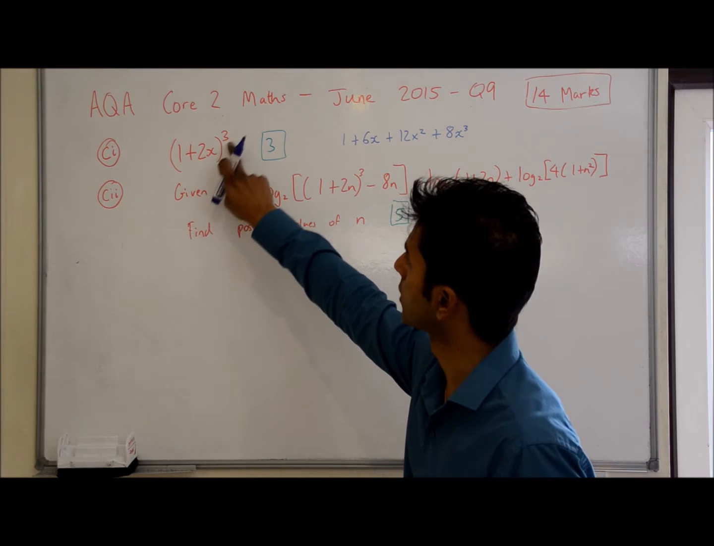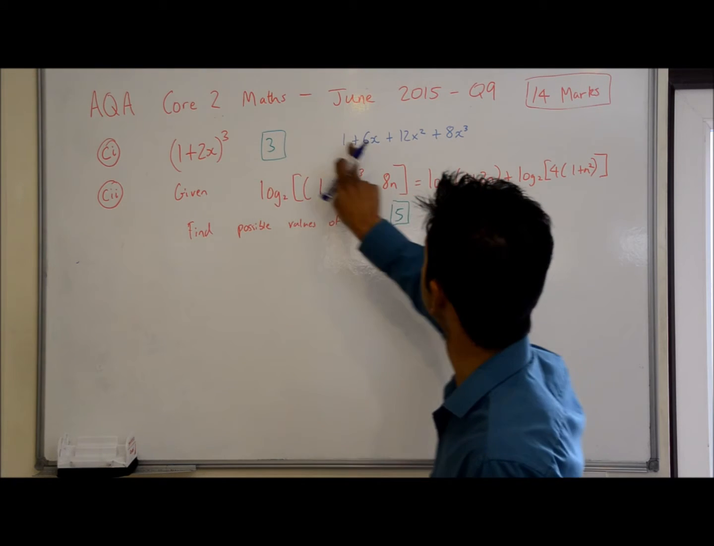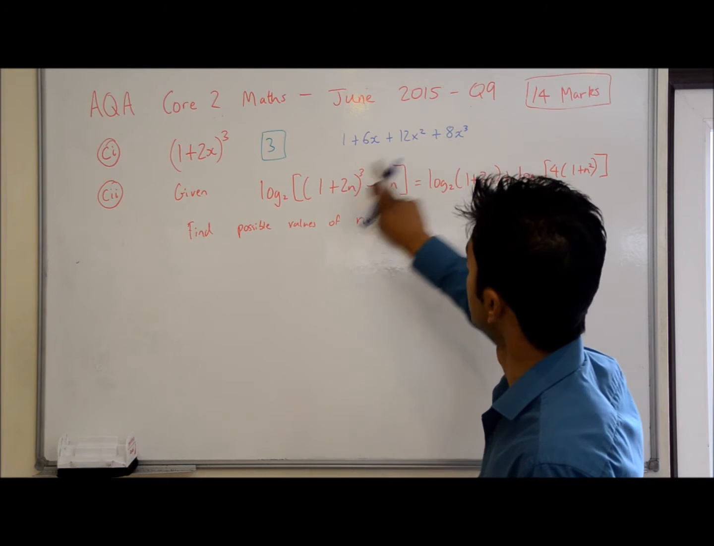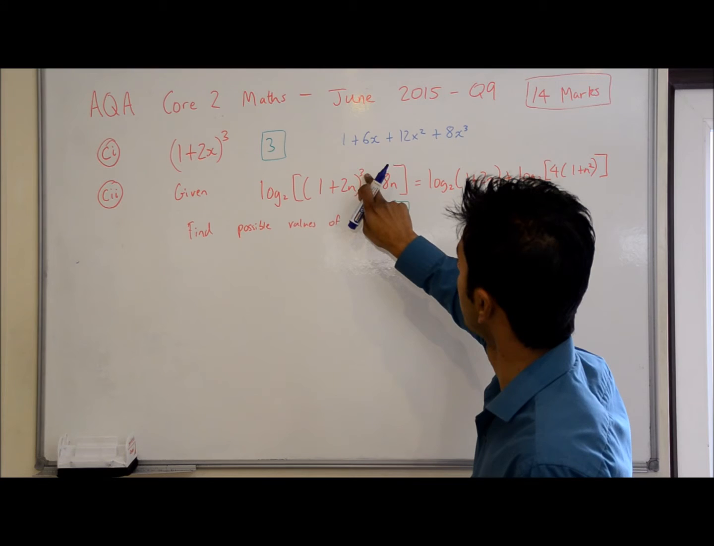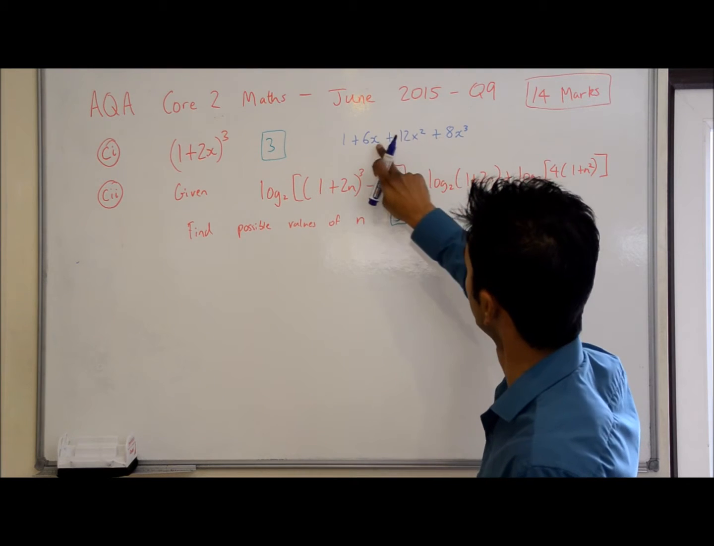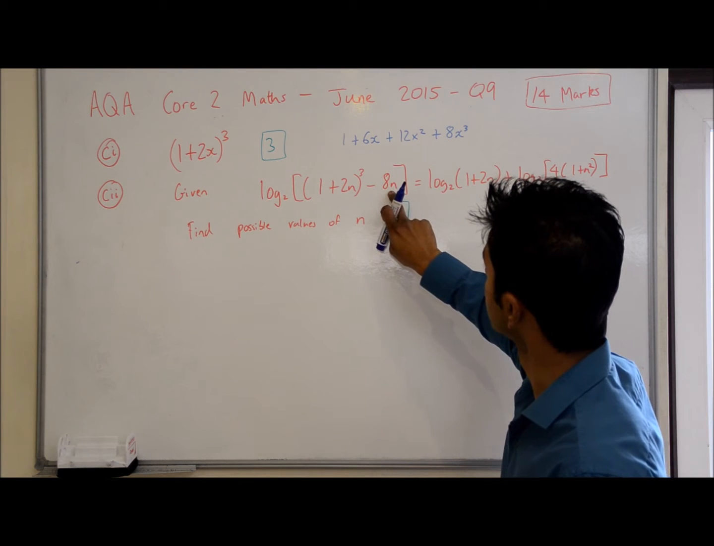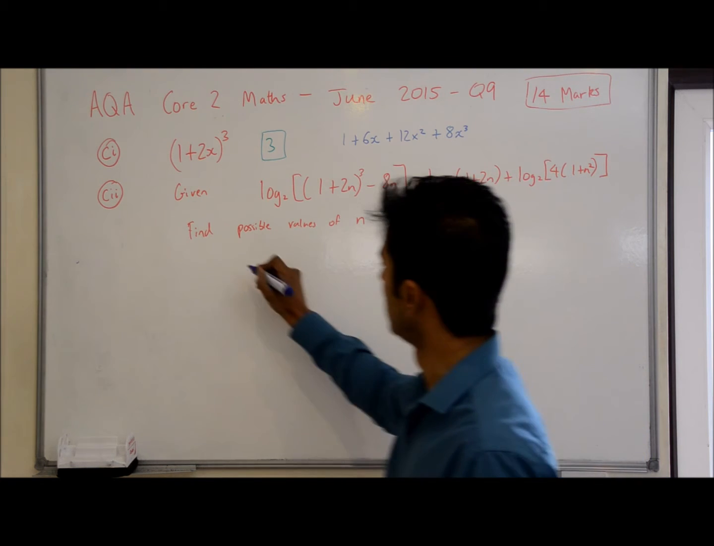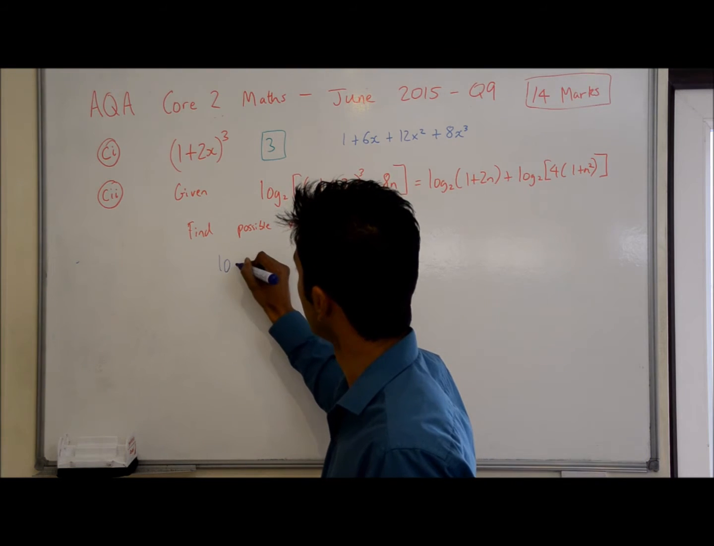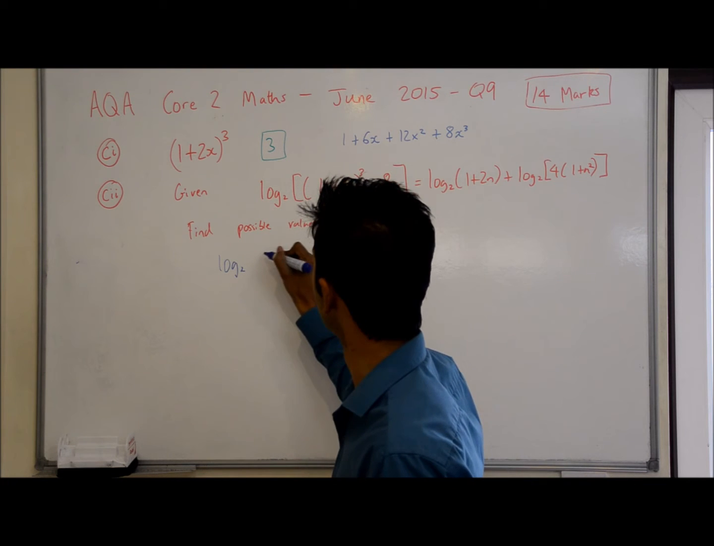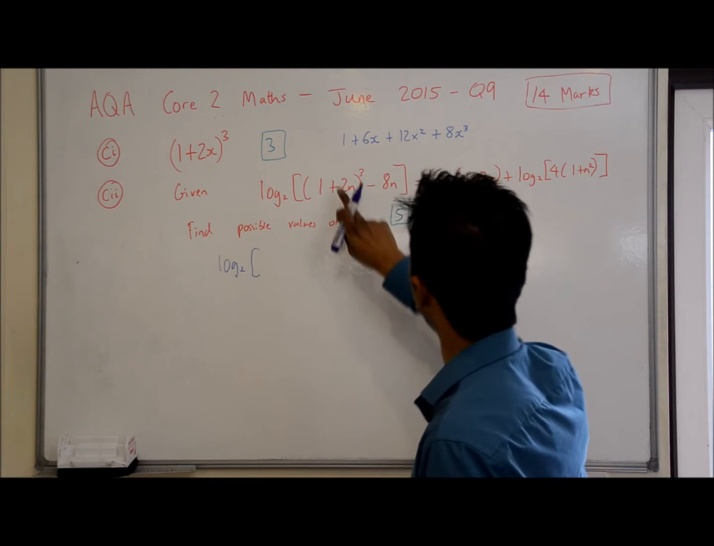1 plus 2x to the power of 3, and we know the expansion of this is equal to this. So the expansion of 1 plus 2n to the power of 3 is just going to be exactly the same, but we're going to change the x's into n's. And then we need to minus 8n from there. So this, once I substitute that in, so log to the base 2 of,